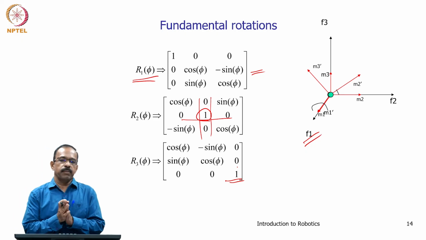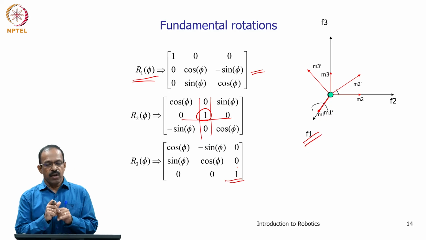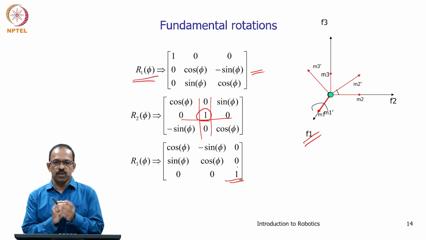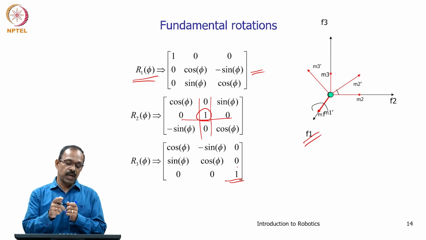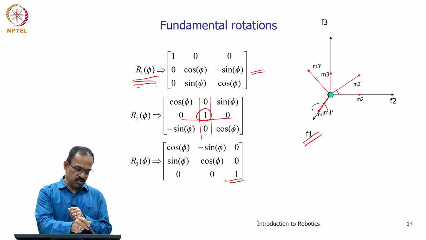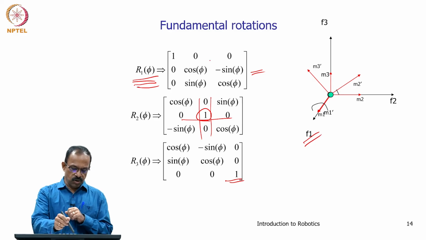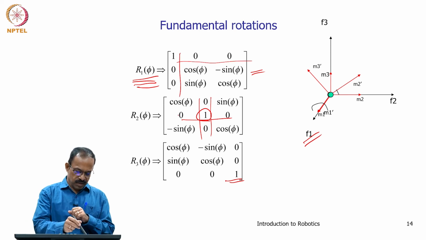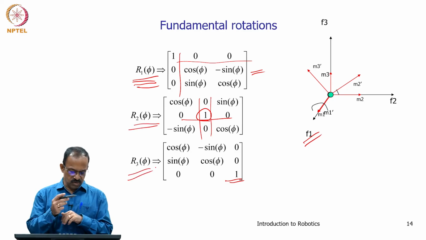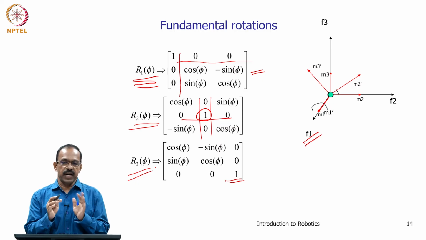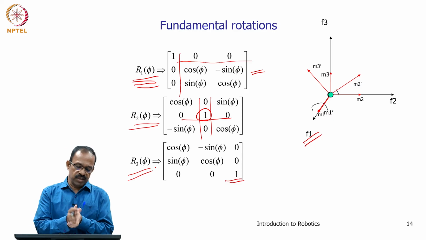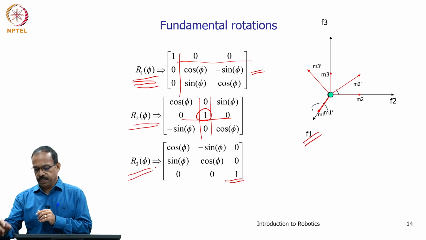So, this is the fundamental rotation matrix that you can identify whenever there is a rotation of the mobile frame with respect to the fixed frame about a particular axis, and you will be able to easily get that rotation matrix by using this rule. First axis means the first row and first column will be 1 0 0, 1 0 0, then this will be the second axis, this one is the third axis. These are known as the fundamental rotation matrices, or the transformation matrices which represent only rotation, and we call them fundamental rotation matrices.